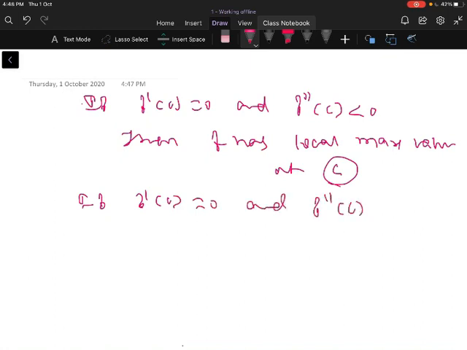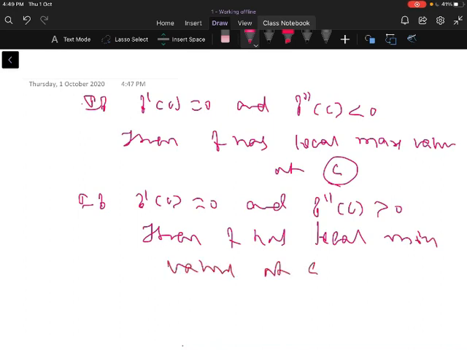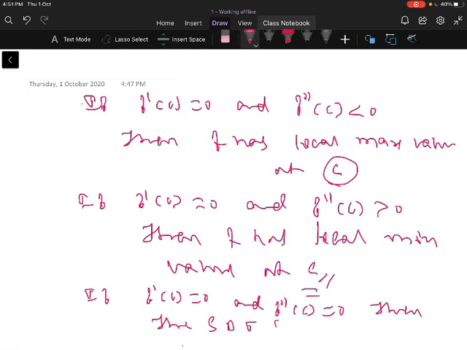Suppose if f dash of C is equal to 0 and f double dash of C is positive, then f has local minimum value at C. If f dash of C is equal to 0 and f double dash of C is also 0, then the second derivative test fails. So for further investigation for local extreme value,